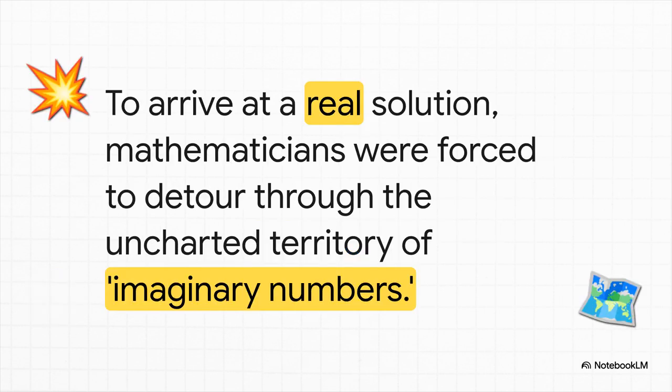See, before this, whenever the square root of a negative number showed up, mathematicians would just toss it out and say, nope, that's meaningless. But now, they couldn't ignore it. It was a mandatory step to get to a perfectly real, solid answer. It was like, to find a real treasure, you had to take a detour through this strange, impossible, imaginary land. And suddenly, these weird numbers weren't so easy to dismiss.